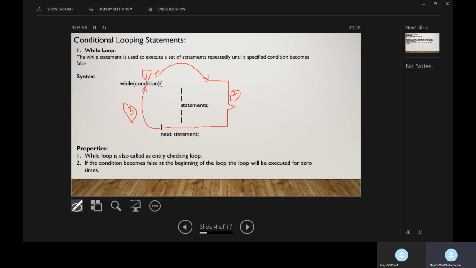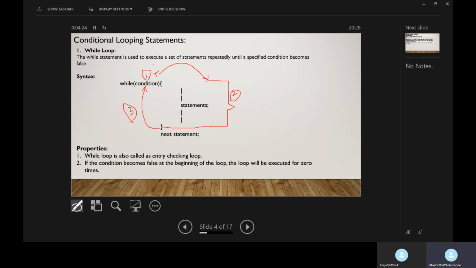If the condition is true, again all the statements in the while loop will be executed. After executing the last statement, at the end of the loop, again the condition will be tested. This process will be continued until the condition becomes false.